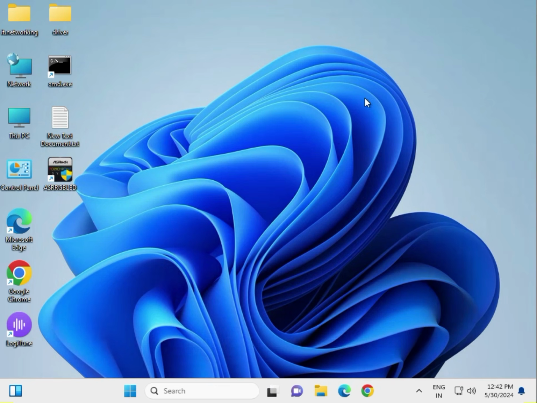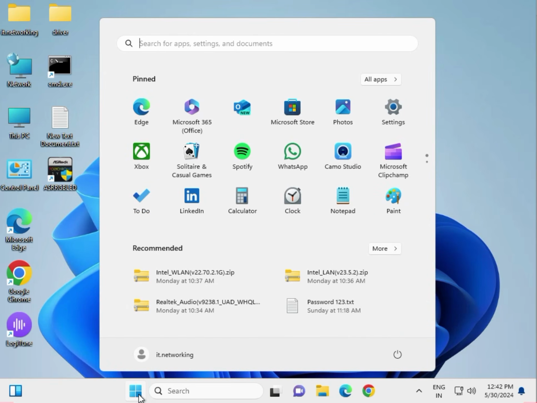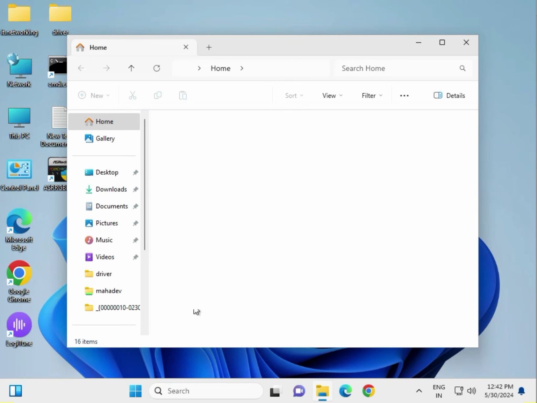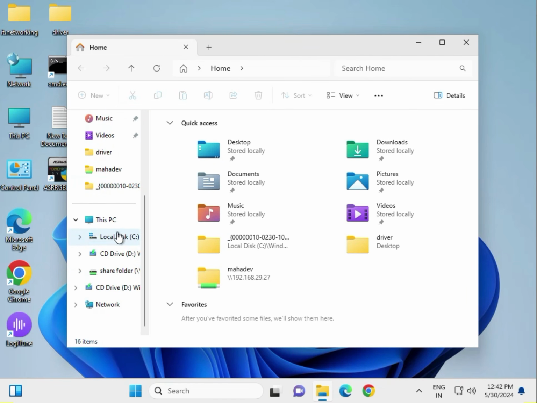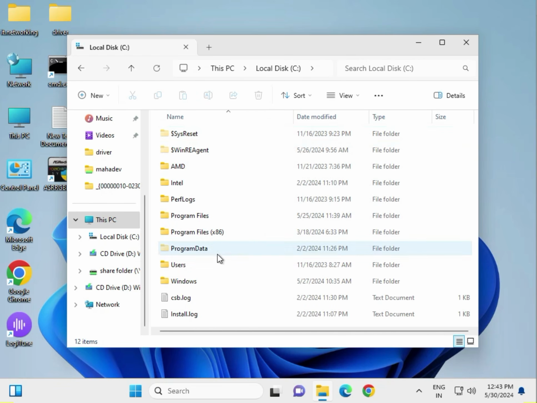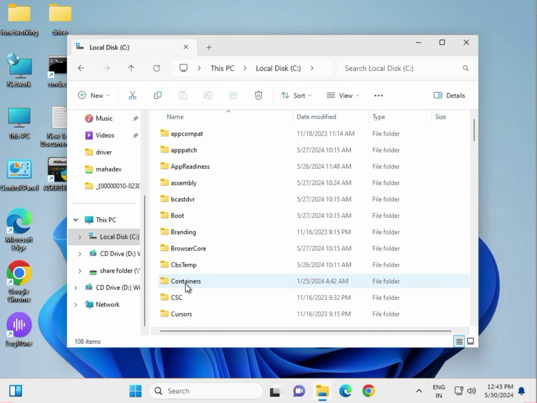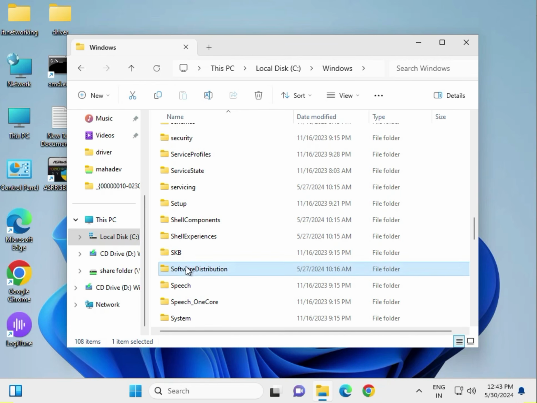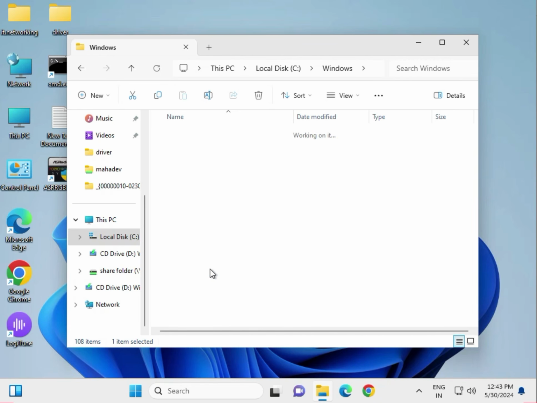then close. Next, delete the SoftwareDistribution folder. Open This PC. Okay, go to C drive, then go to Windows, then the S series, SoftwareDistribution, open,